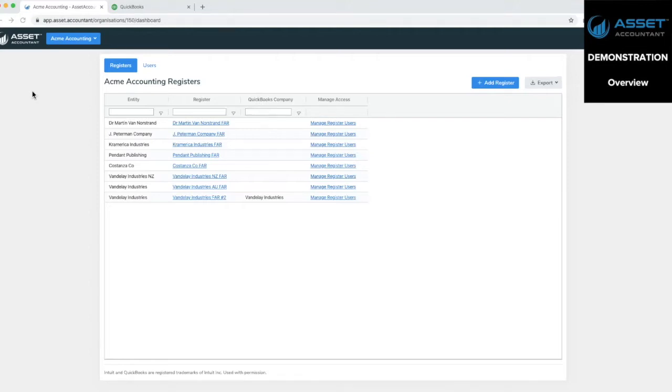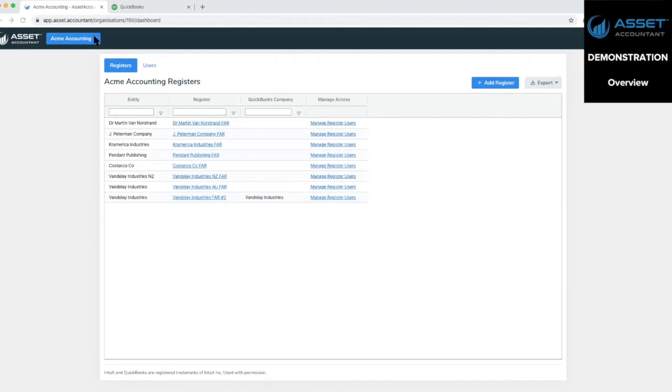What we're going to do today is give you an overview of all the features and functionalities and how Asset Accountant is set up. I'm going to run through some reporting, how we can export to Excel. We're going to do a thorough run through of assets. Being a fixed asset register for accounting and tax, it's pretty important to be able to add assets and sell them. We're going to show you the disposal process